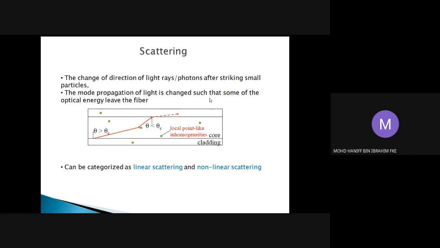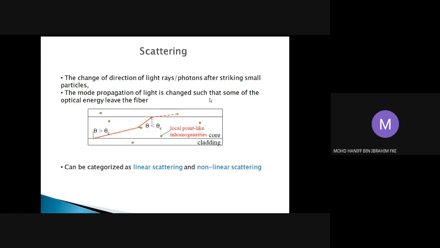Okay, we have learned, I believe, that there are a few types of modes in fiber optics. We have the guiding modes, which are guided in the core. We also have leaky modes and radiation modes. All of these leaky and radiation modes are said to be propagated not in the core but in the cladding. Yeah, the leaky and radiation modes actually propagate in the cladding due to the effect